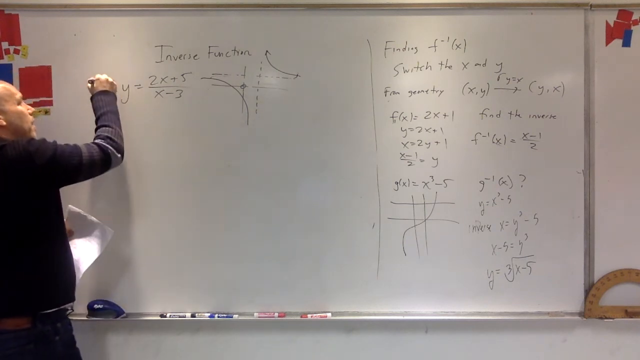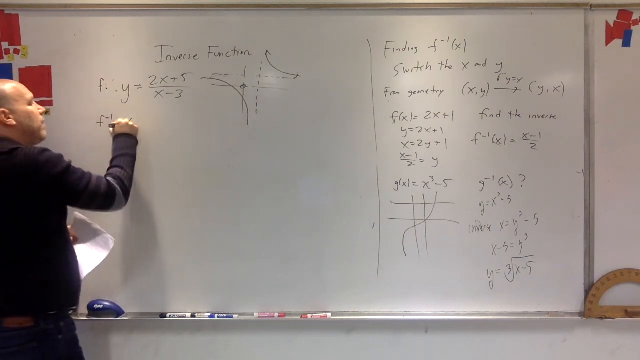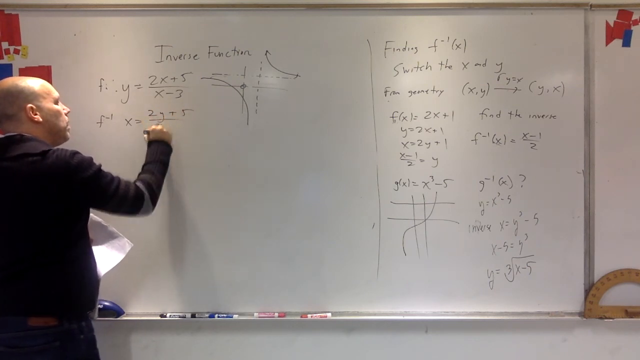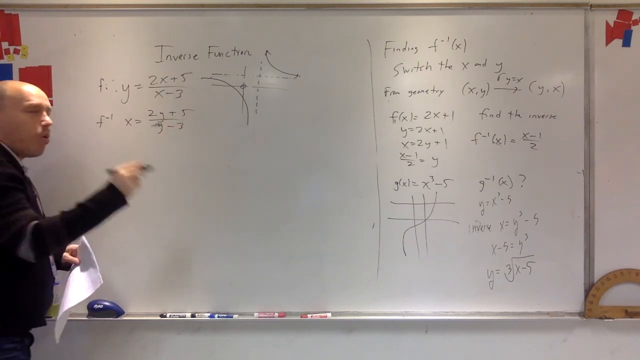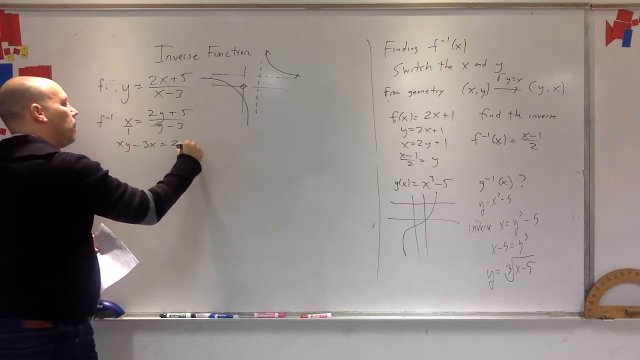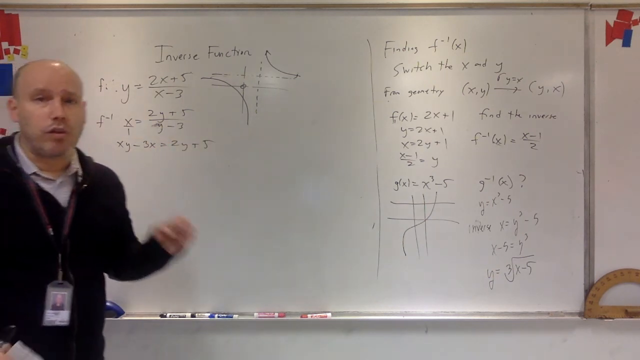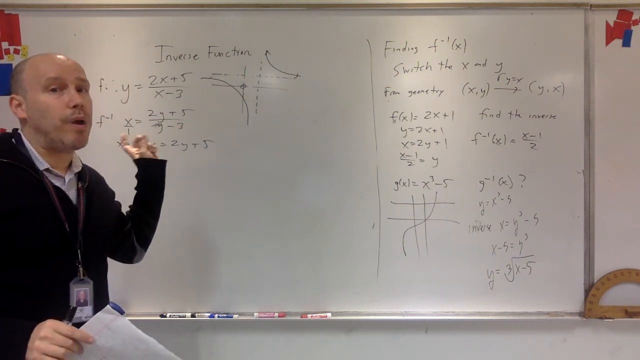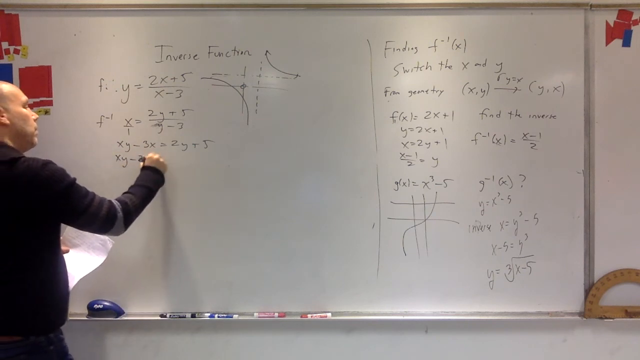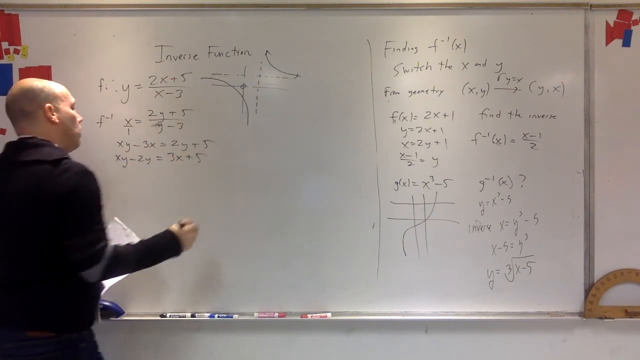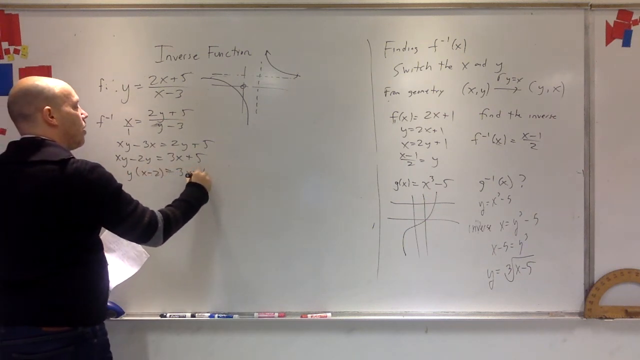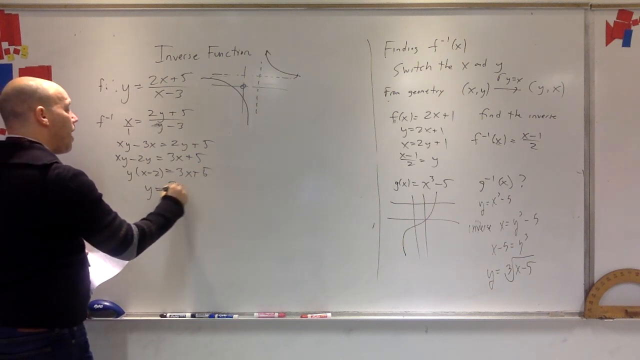So let's see. If this is the function, this is the inverse. Okay, step one, cross multiply. Now the idea is we want to get the y's alone. So bring all the y's to the left, bring all the x's and the constants to the right. Factor out a y. And we have y equals (3x plus 5)